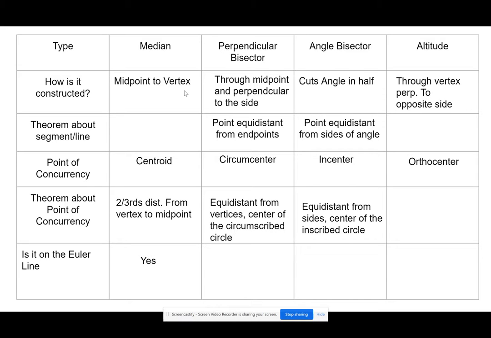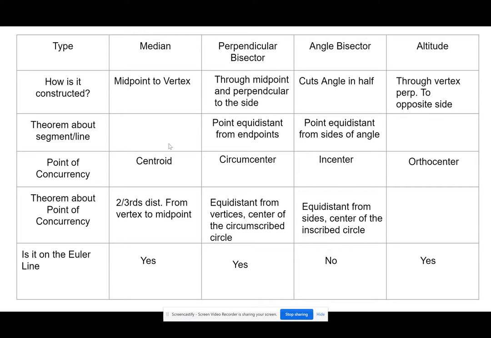The last thing is the Euler line. Remember, we learned about it when we were learning about the 9-point circle. The centroid, the circumcenter, and the orthocenter are all on the Euler line. The incenter is not on the Euler line. The Euler line is actually the segment connecting the circumcenter and the orthocenter. Those are the two outside points. The centroid is between those, and then the fourth point that's on the Euler line is the center of the